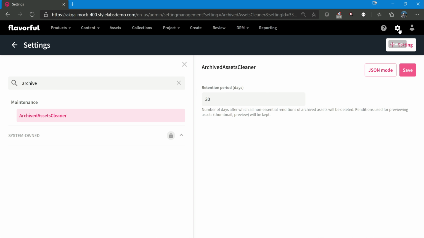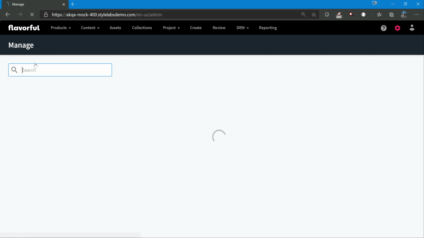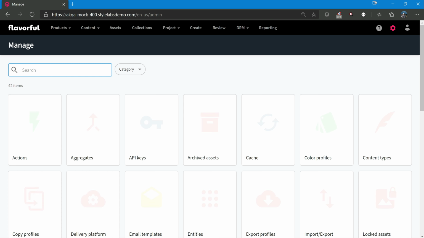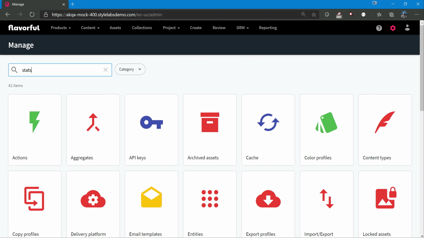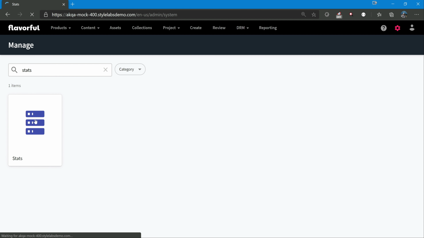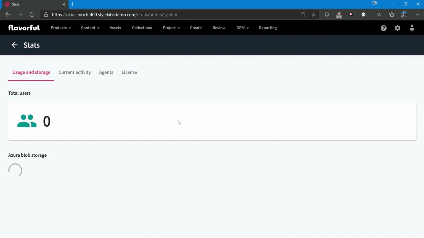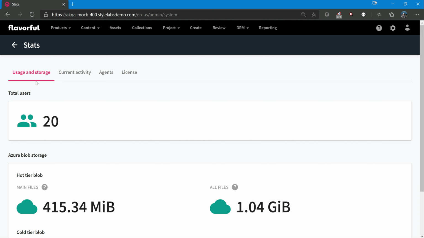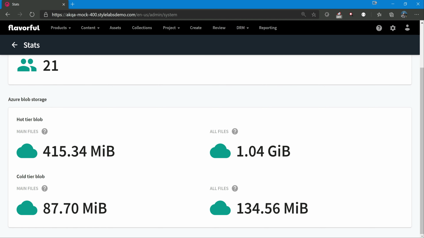Now let's see also the stats page. You can go back. Stats page will show us the cold tier and hot tier things. I mean the sizes of both the blobs. The actual size of the files. So usages, yeah, that's ignored. So now you can see hot tier. These are frequently used files, and public links are available, and we can access through public links. But cold tier blob, which are not accessible and which are kind of archived assets. So both the sizes we can see.